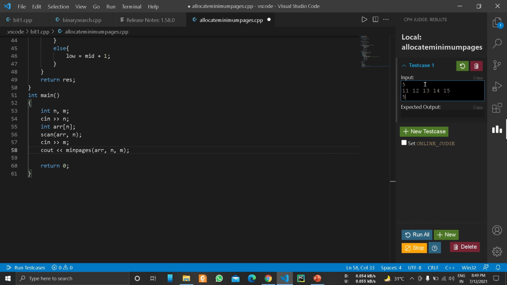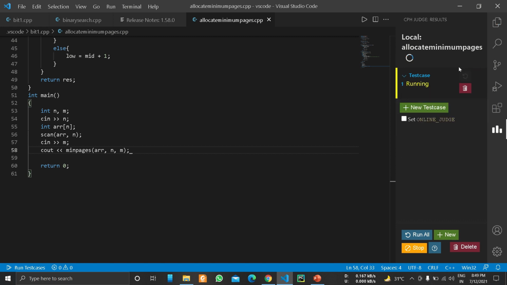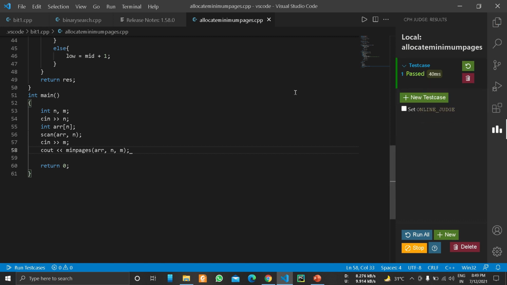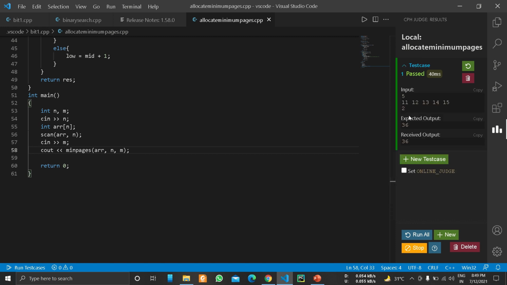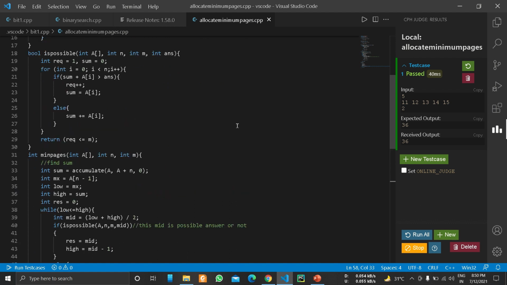So our expected output is 36. So let's run. So you can see our test case is passed. So this is the complete code for minimum page allocation.